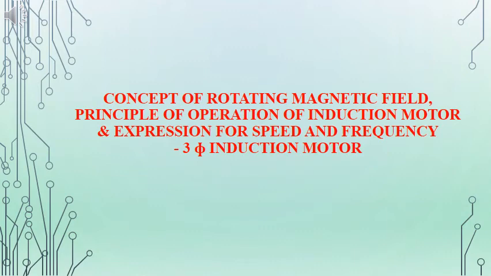Dear students, in the last class we discussed the constructional details of the three-phase induction machine. We have two types of three-phase induction machine, that is squirrel cage type and slip ring type. The difference is on the rotor side. And today we will discuss what is meant by rotating magnetic field